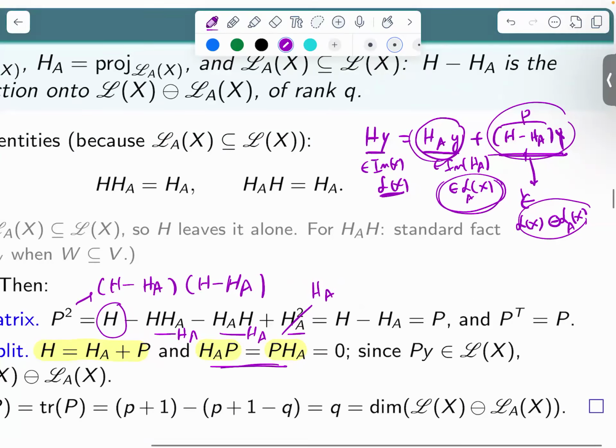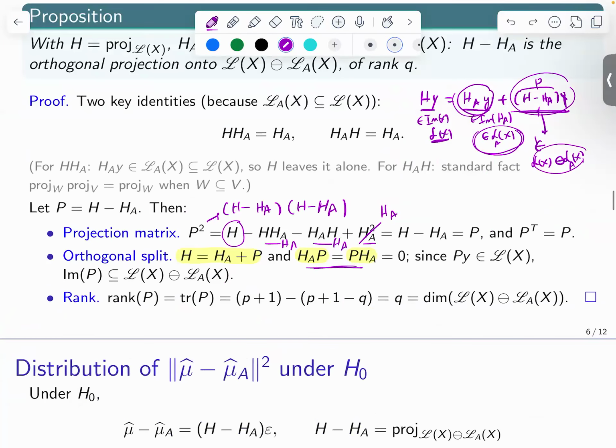So this is the orthogonal decomposition of the LX basically into two pieces, this and this. It's very much like the orthogonal decomposition that we had for the full space. If you remember, any orthogonal complement pair, like V and V perp, split the space into two pieces. This is similar, but we're doing it relative to the LX, as if this LX is just the ambient space. And so because of this fact, at least this would imply that the image of P is a subset of this,